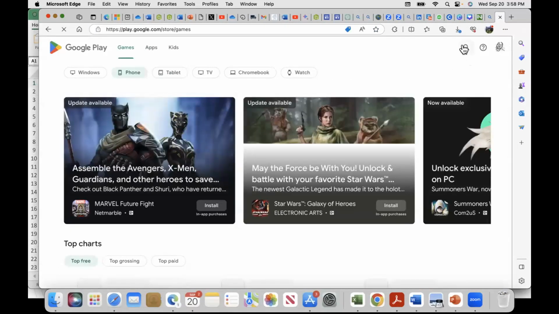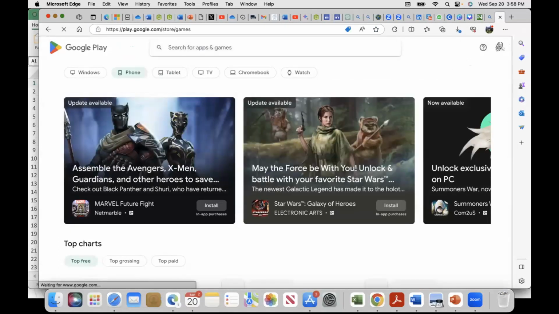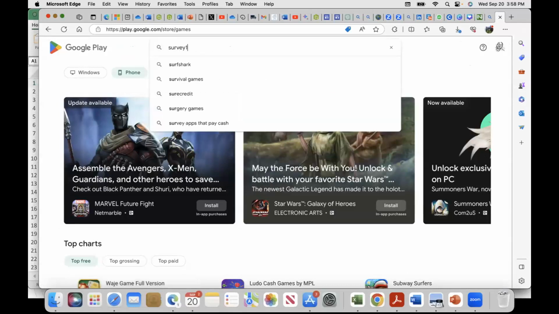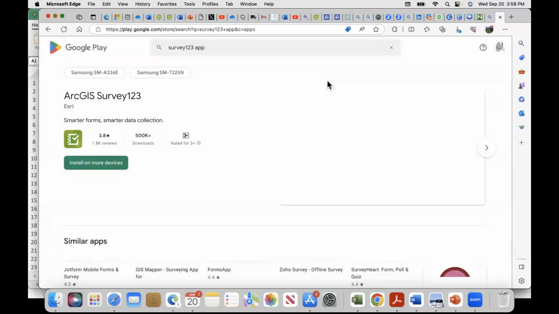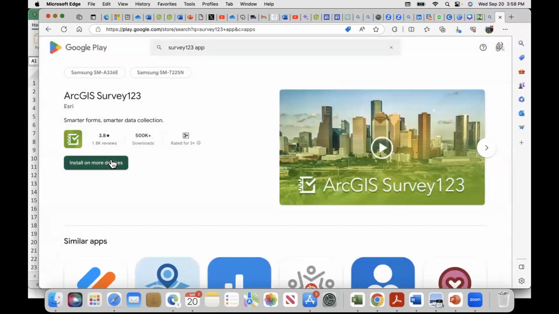So on Play Store, I can search for the Survey123 app, and it gives me this. Once I have this on my phone, I don't know how good our network is. Let's try and do that on our phone. This is very important.